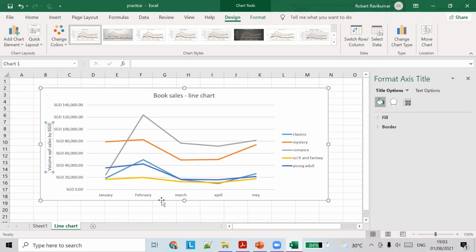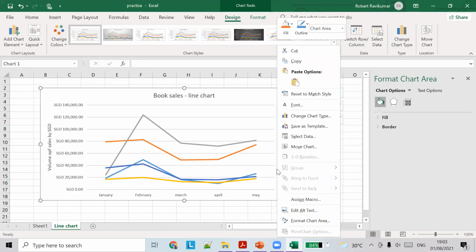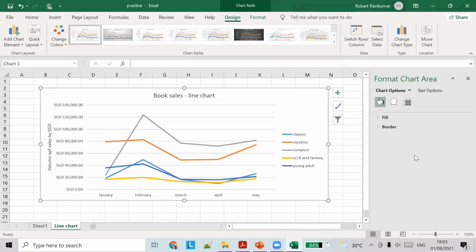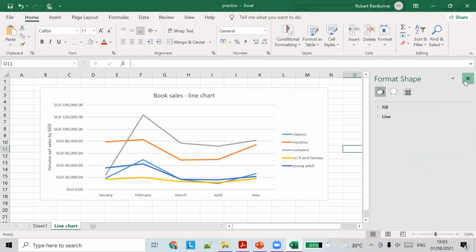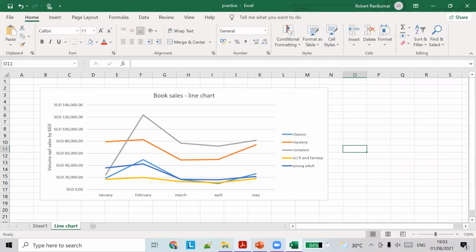The axes don't show anything yet, right? So this is basically how you create a line chart.